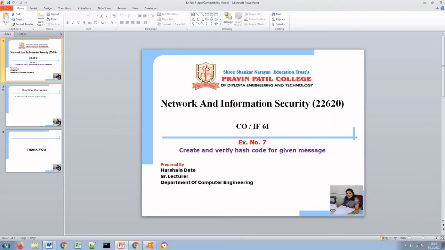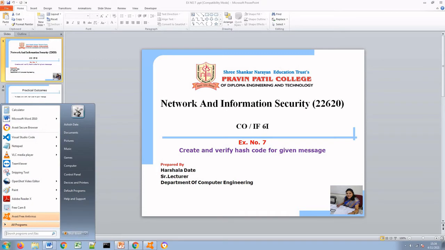We will see this with the help of the Cryptool. Cryptool is an open source software. It can be downloaded from Google. I have already shared how to download the Cryptool and how to install it on a system in our drive folder, where I have shared all the notes of the NIS and PPTs. I have put the videos there on how to install the Cryptool. Kindly refer to that video for installation of the Cryptool.